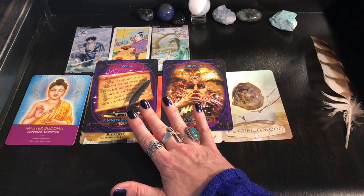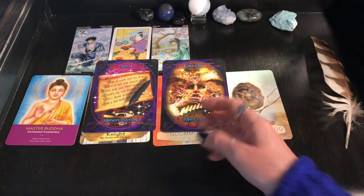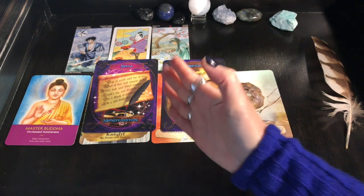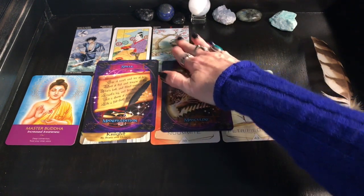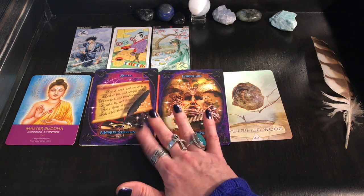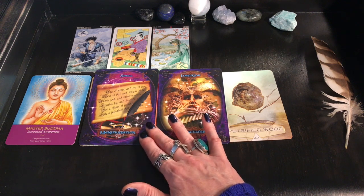So writing down petitions and putting your intention into words in the written word is going to help you to manifest things very quickly and very permanently. And it's going to be like that slow moving earth energy. I feel like also if you're going to do this, definitely do it in an earth sign. Okay, when the moon is in an earth sign, like Taurus or Virgo. Also,